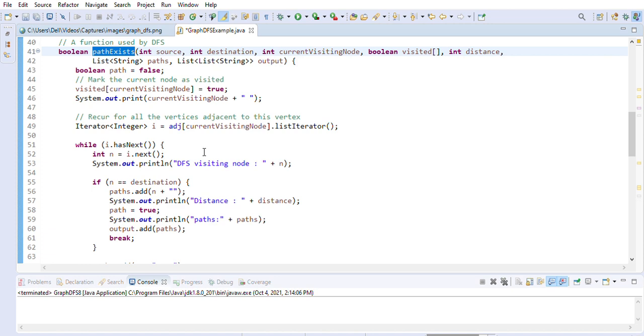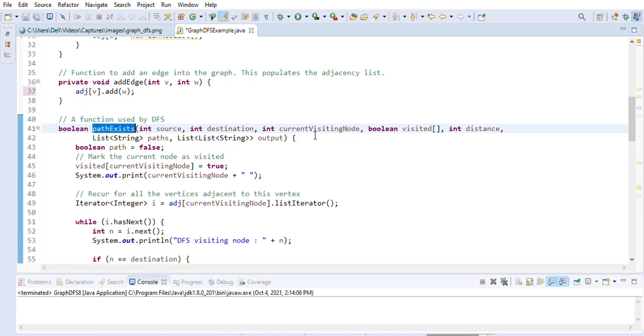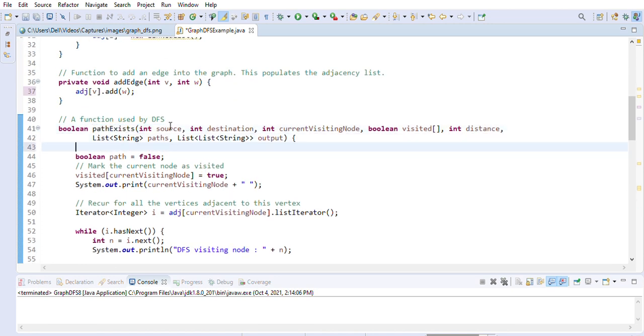This is our dfs function. So we have the input source, the destination, then the current visiting node, whatever node we are currently visiting, right. Then the visited array is there, which we use for the nodes that we have visited. And then the distance, how much distance we have traveled from source.